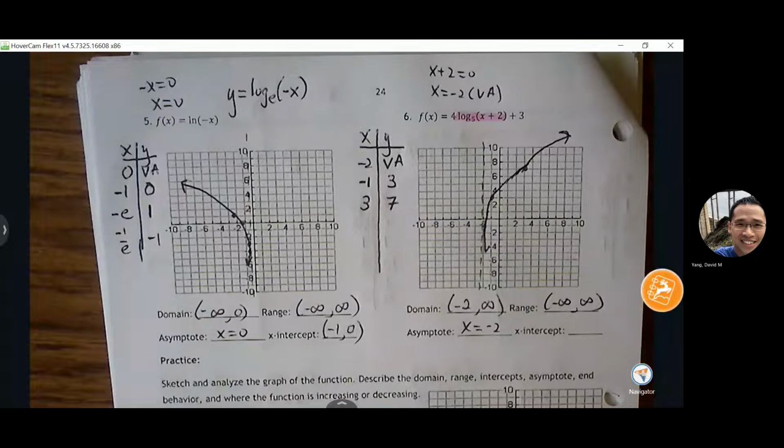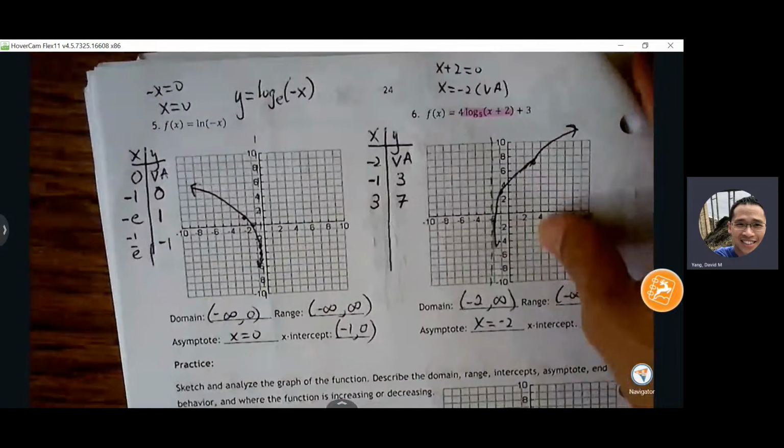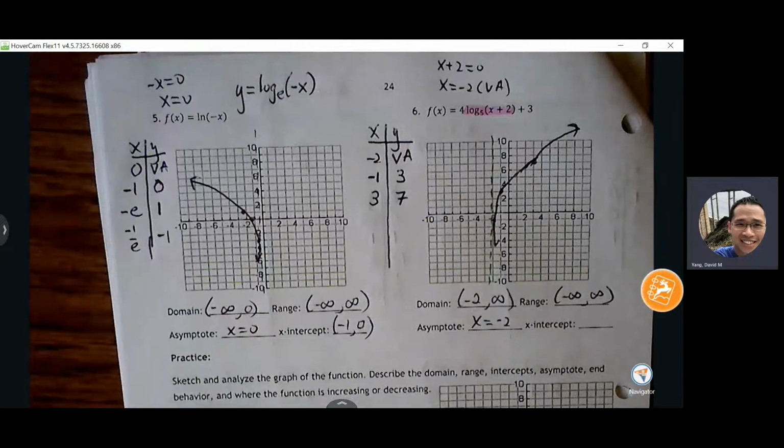Turn to page 24. Are you keeping up with this? Okay, so I'll be on pages 24 to 27. Let me review a bit with graphing, and then we'll finish graphing today, and then we're going to go